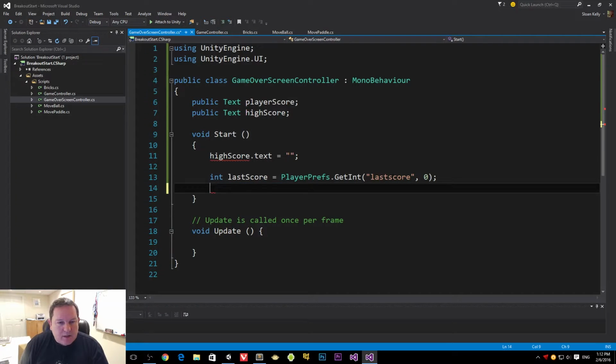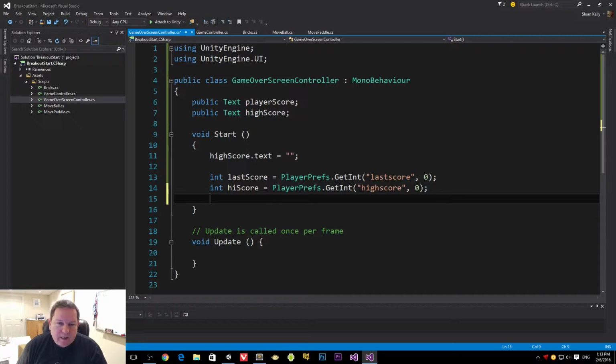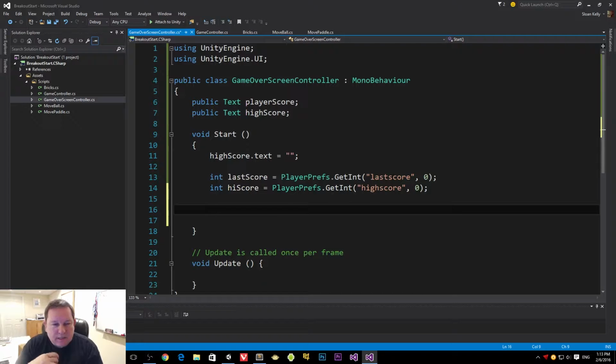Okay, so we can't call it high score because we already have a high score here. So we'll call this int high score. And again, we're going to default that to 0. So the logic here is going to be, if the player has actually scored something, in other words, they've got a score greater than 0, and the score is greater than the high score, then we're going to set the player's high score to be that new value. And then we're going to tell the player what that value is. So, if last score is greater than 0, in other words, they scored some points, and last score is greater than high score,